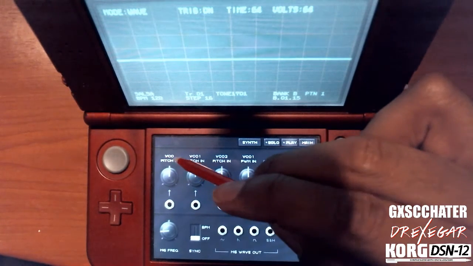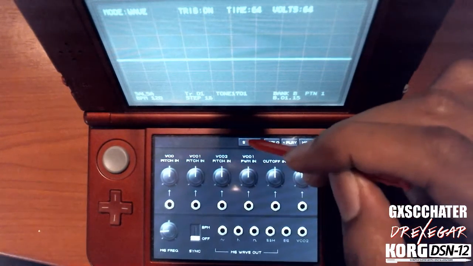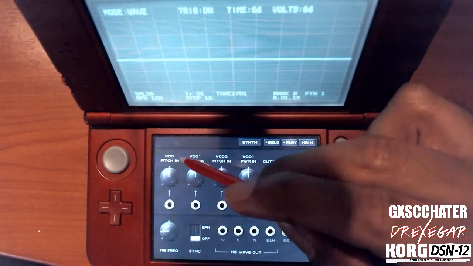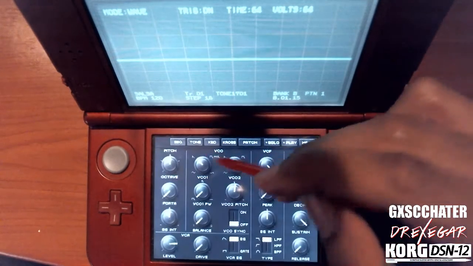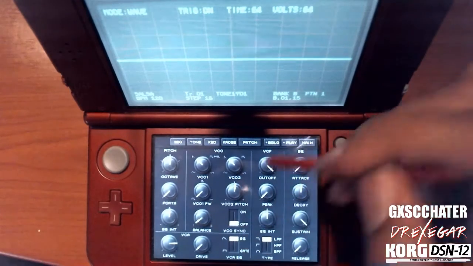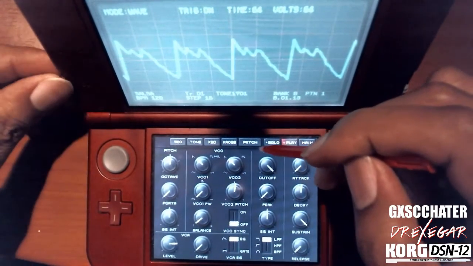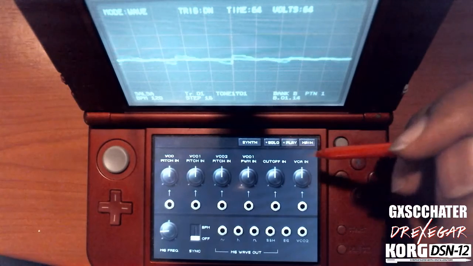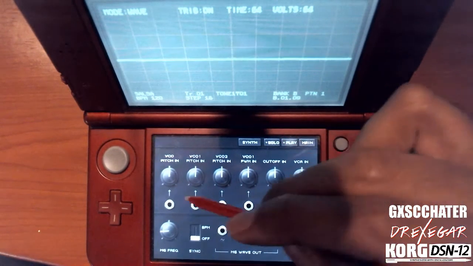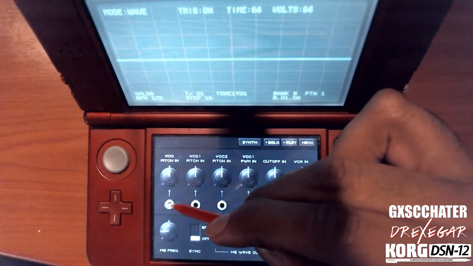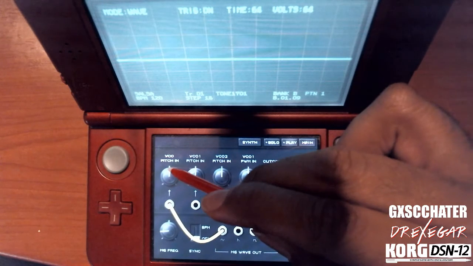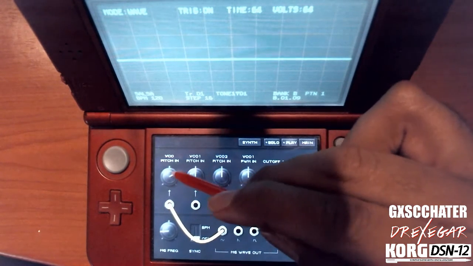This is the VCO Pitch in, and that just controls the pitch of your sound. It controls the pitch of both your VCOs right here. So we're just going to use the first one. So you can hear it's a regular sound. As soon as I connect it to one of these and add a little bit to the left or right,